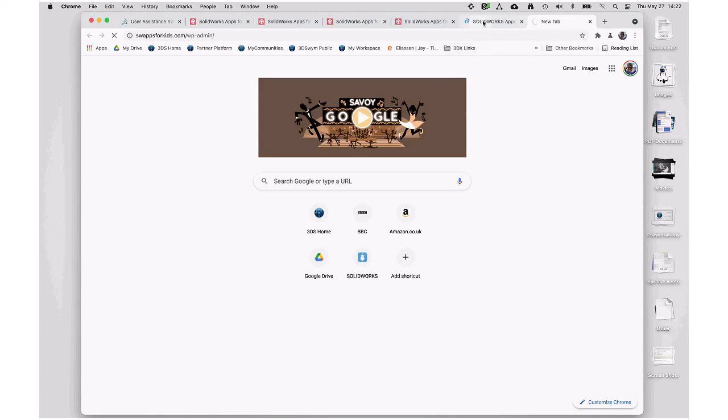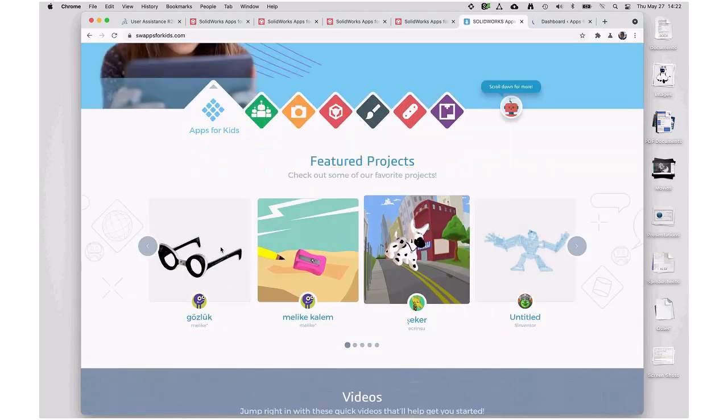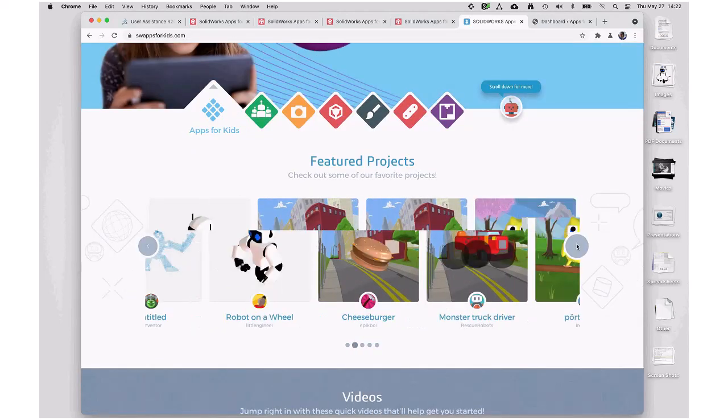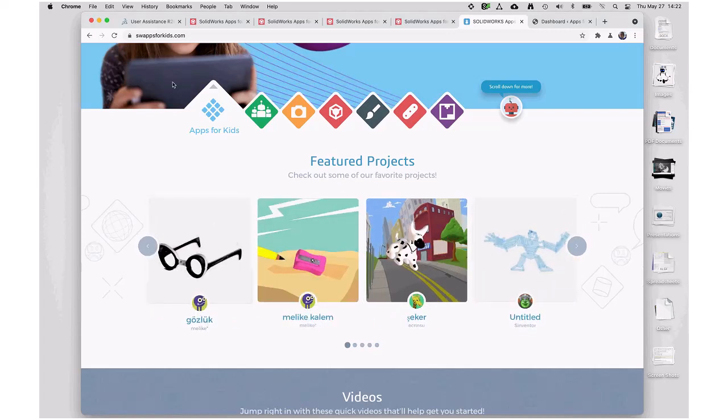Then what we will see, and it can take a couple of minutes, but what we're able to do is then see those projects on the main website. So the first thing I would do, to get the picture, is just take a little screen capture of this to get the image. So then let's just say I want this one,